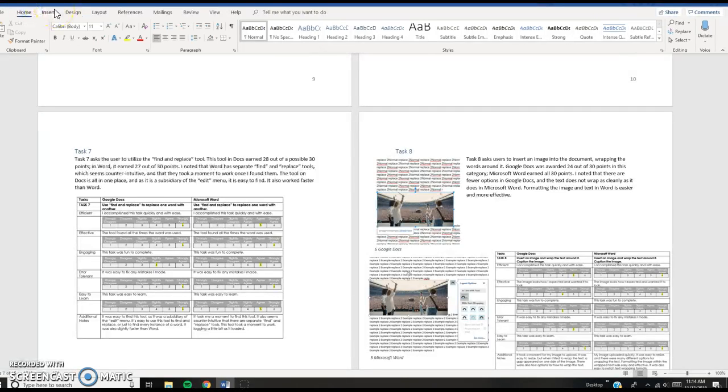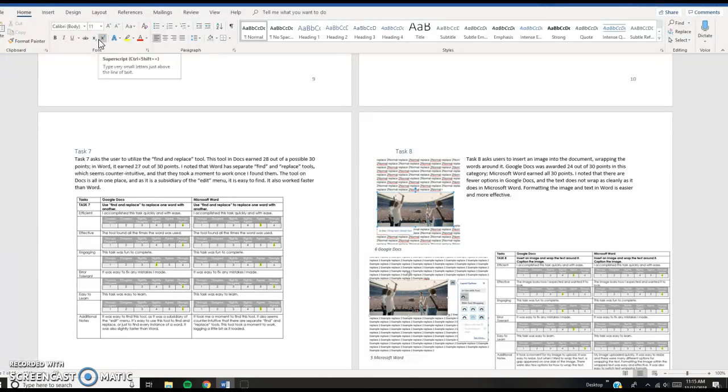Some of these tools, I don't really understand why they would necessarily need to be in the basic header bar. For example, alphabetizing seems like kind of a niche thing to need to do. And then this one, I'm not sure that I would expect a layperson to really understand why or how to use this. And then there's these ones with the little subscripts that I don't think are very commonly used by